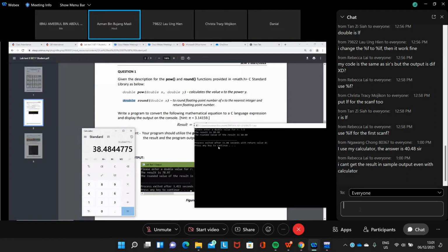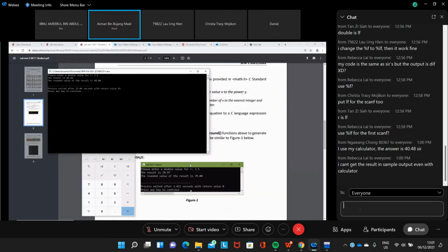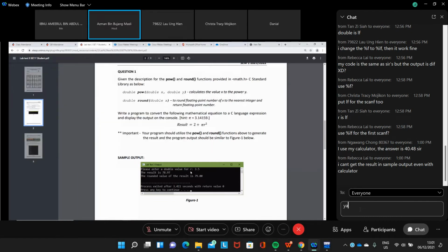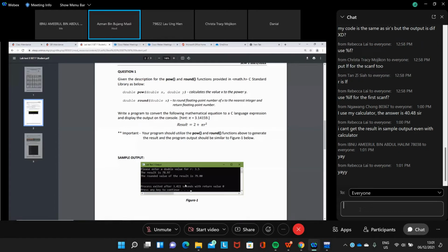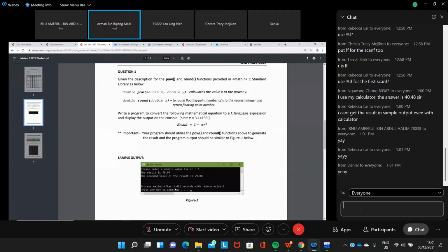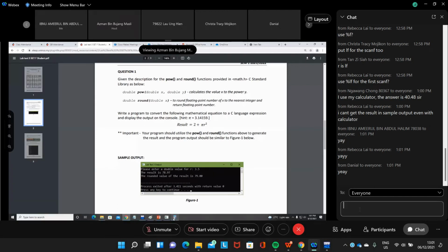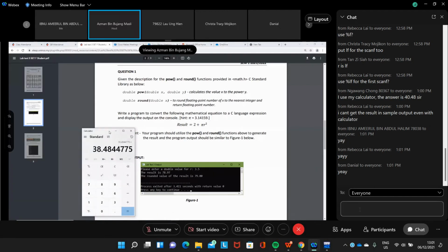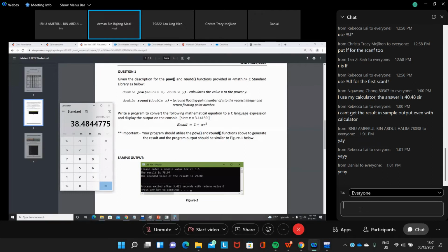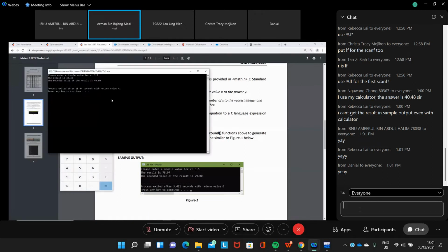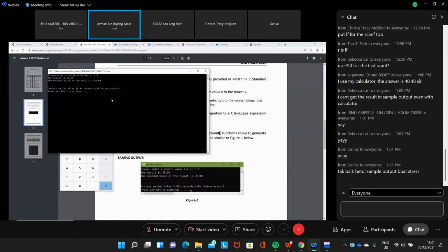So the answer in this sample output is incorrect. It could be the program created by the one who set the question got the calculation incorrect. When you calculate using a calculator, you get the one that we have in this program, isn't it? So the output in the sample output is incorrect. Don't worry about that one.